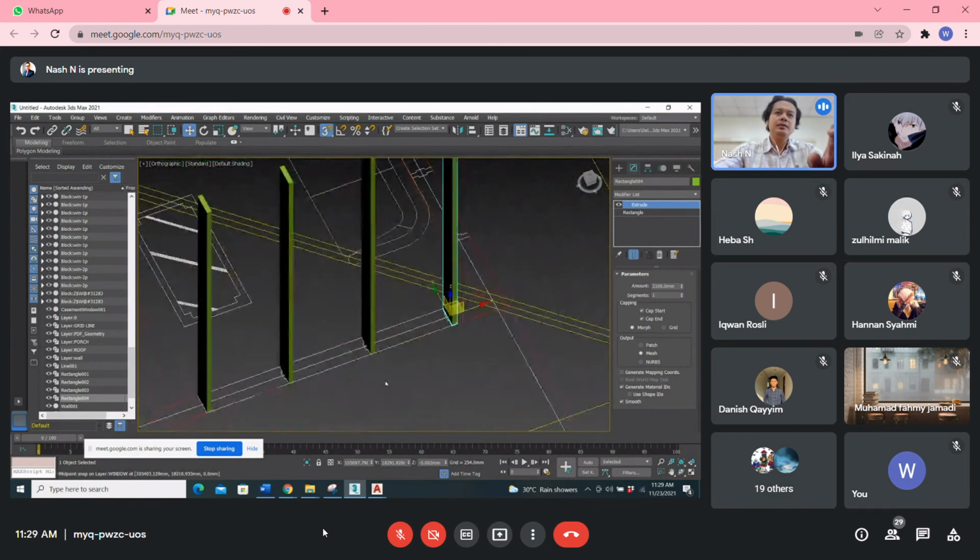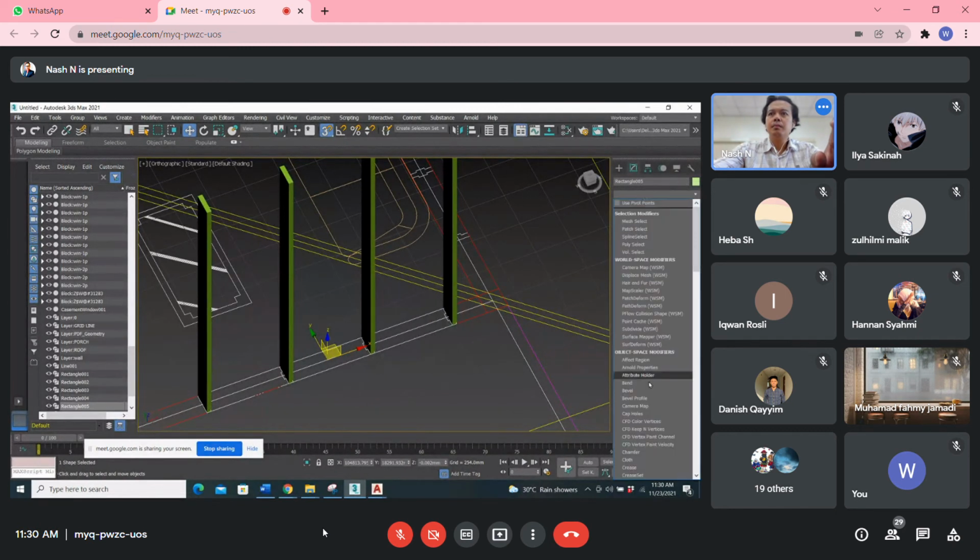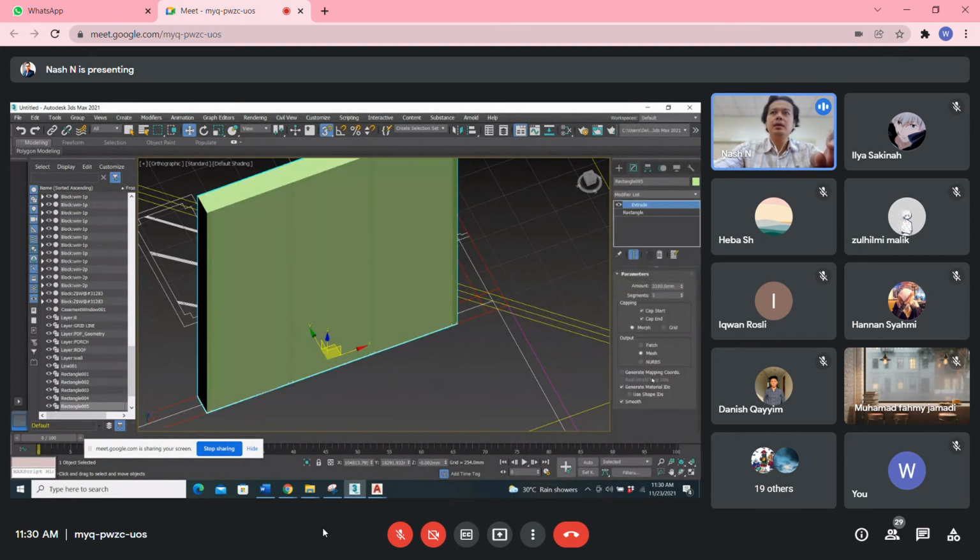Then what else? I do the rectangle again here. And then I extrude. Okay, the thickness is 50.